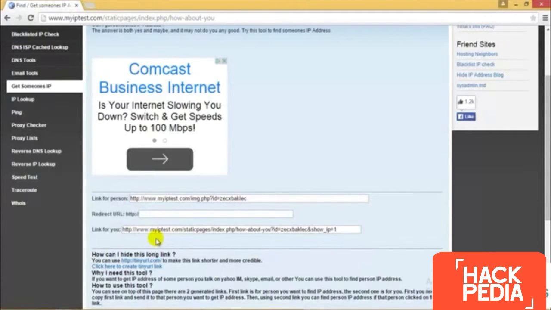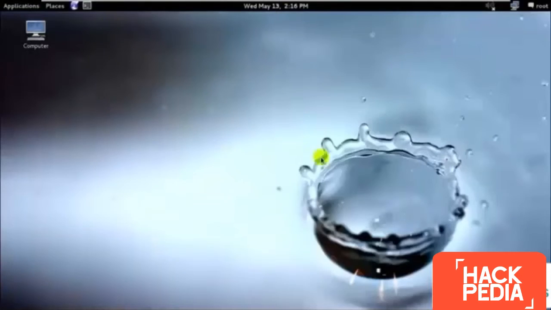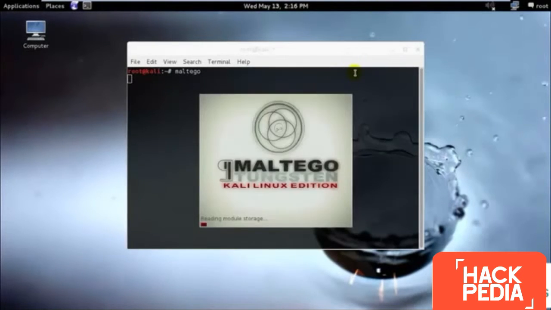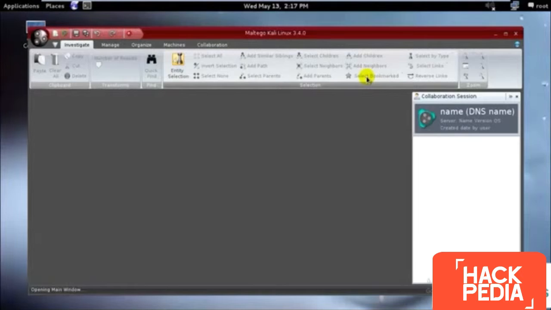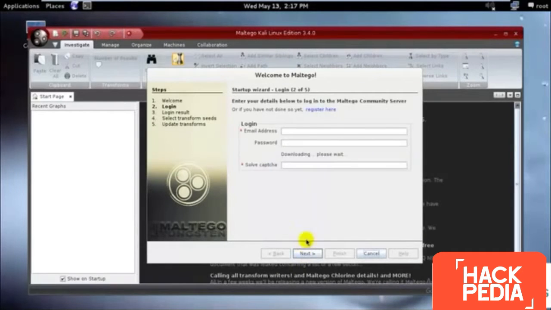So yes, there comes the most important operating system that we have as of now, Kali Linux, and we have a tool named Maltego, which I'll just go ahead and open. This is one of the best tools that was ever created, because it saves all the information that you need, and it gives you a proper way to gather information. I'll just go ahead and register, create a random ID later on, but as of now I'll just show you.